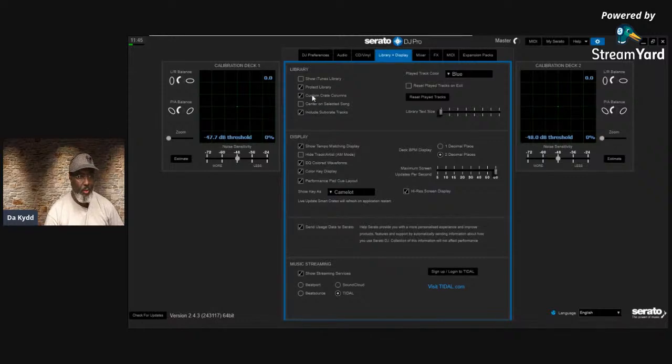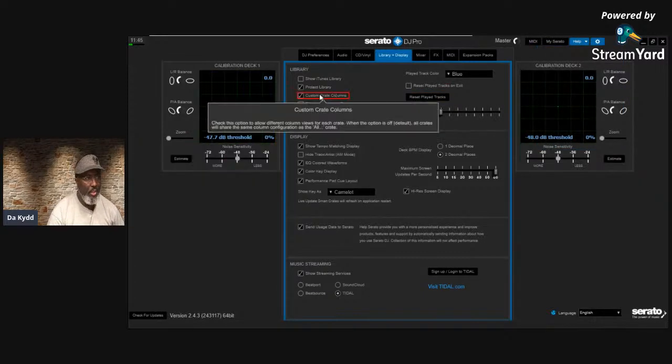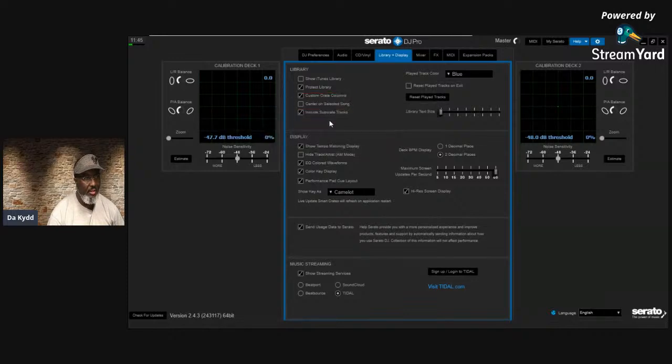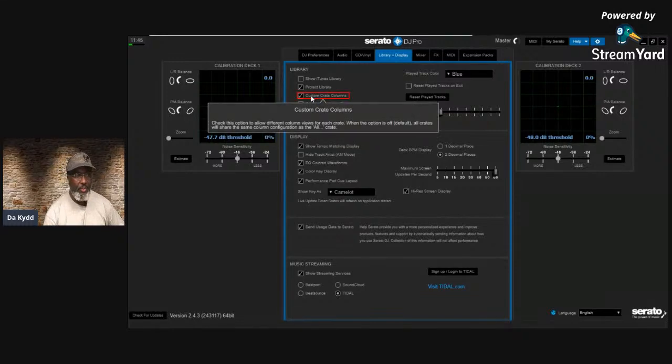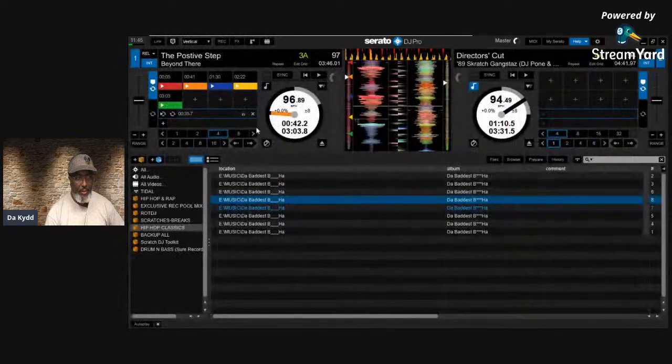All right, now custom crates column. Let me make sure that this is what I think it is before I get into it. All right, check this option to allow different column views of each crate. When the option is off or default, all crates will share the same column configuration as All. Thank you. I've been wanting to know this for a while. This will answer a lot of questions for a lot of people. So custom crates, what it means here is that,